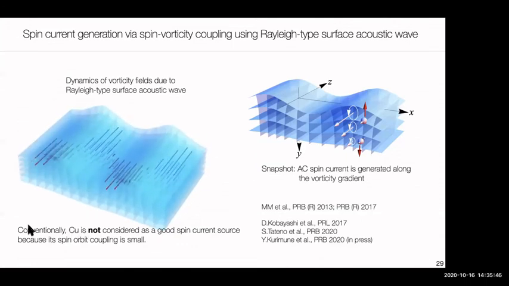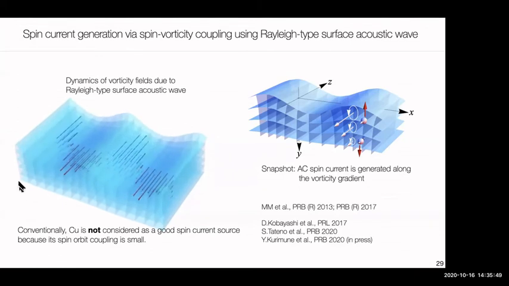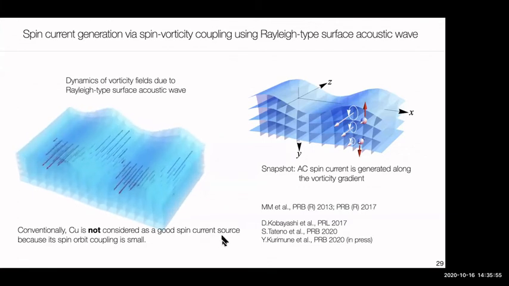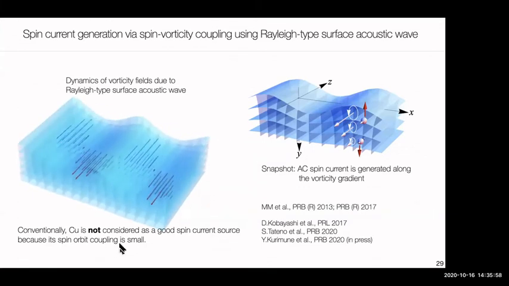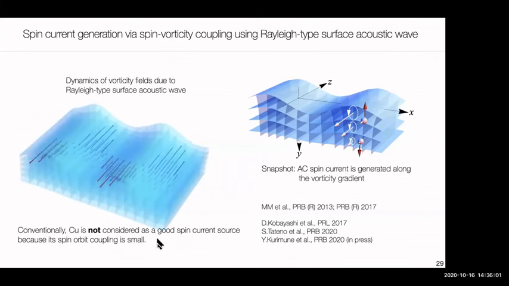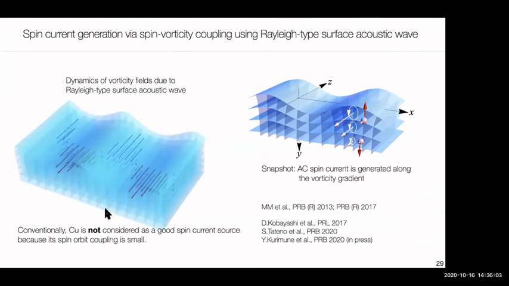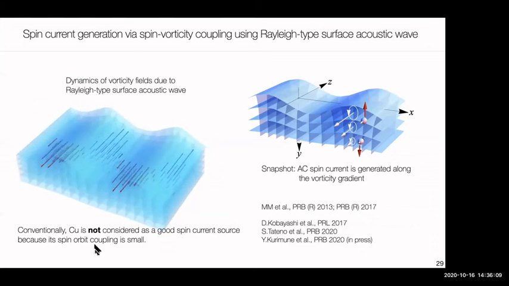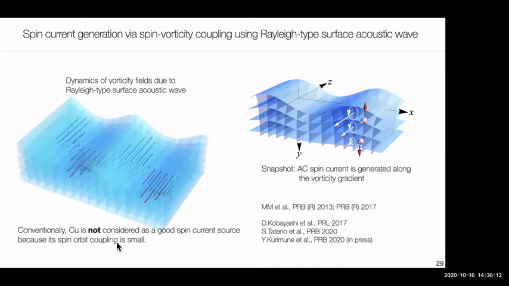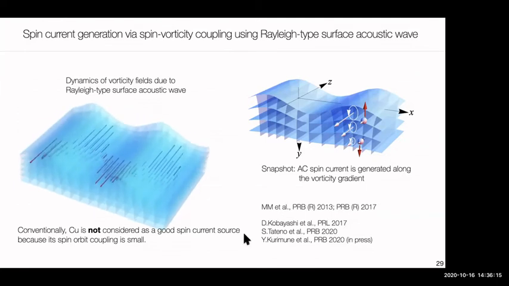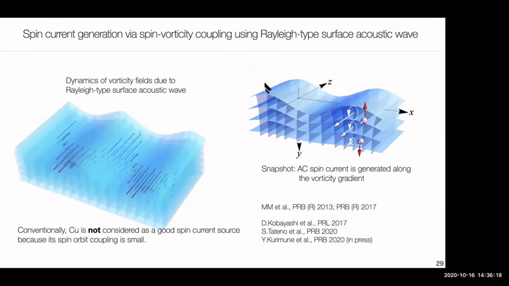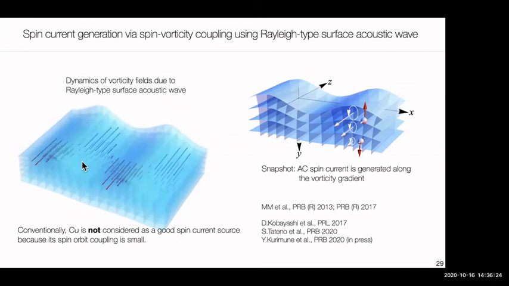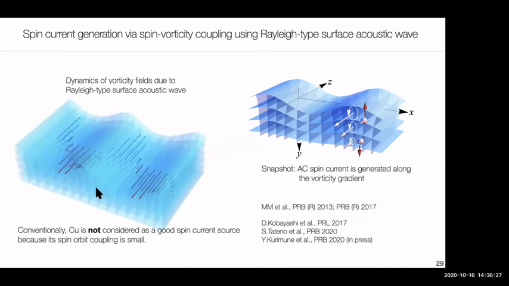Conventionally, copper is not considered a good spin current source because its spin-orbit coupling is very small, which means we have only a very small spin Hall effect, so copper is not a good material for a spin current source. But if you use our new mechanism driven by the spin vorticity coupling, the copper becomes a very nice spin